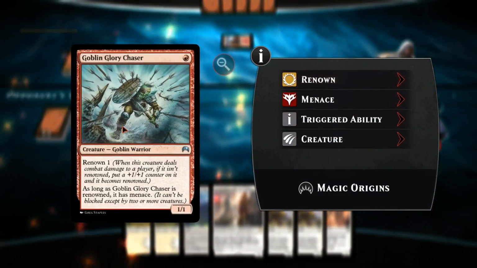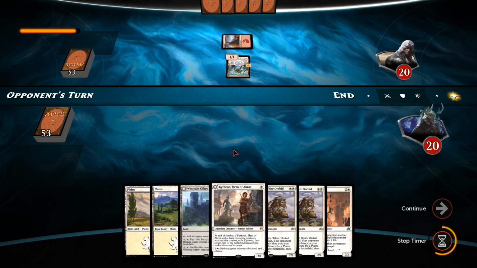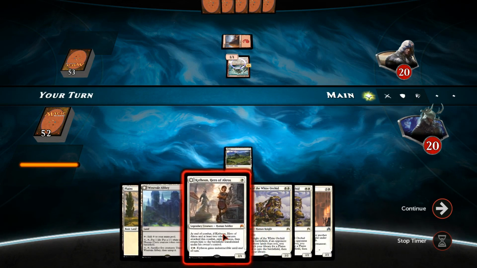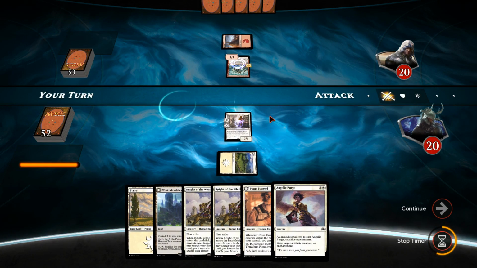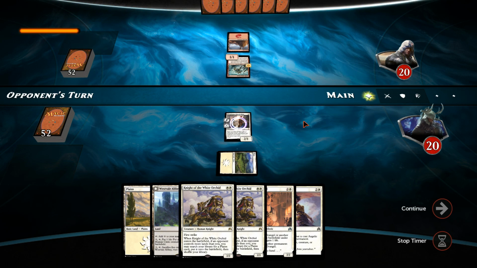Okay, so we've got a Goblin Glory Chaser to come down first, so I'm almost tempted to just trade straight up Kytheon for a Goblin Glory Chaser here. Although we do have an Angelic Purge, so I'm thinking don't be so hasty. Maybe even let it renown. Can't be the end of the world. We've got a Knight of the White Orchid we can play to double block menace creatures, so